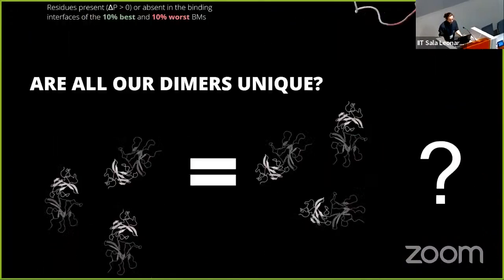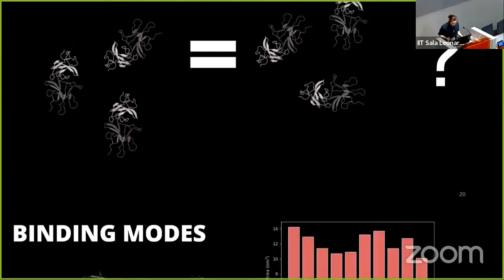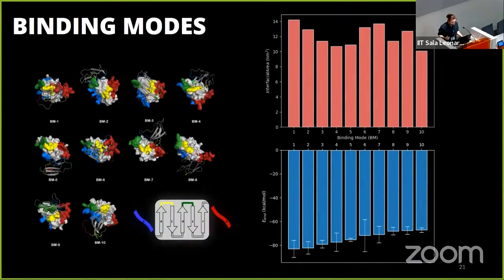So now we had too many configurations, so much so that some of them were probably not unique. So what we did was we used a clustering protocol to find unique binding modes, which we ranked according to their stability. We saw that for the best 10 binding modes, the interfacial area and the binding free energies tended to correlate somewhat, and a bigger interfacial area tends to translate to a lower binding energy, although not always. This, of course, depends on the residues that are on the interface and their complementarity.